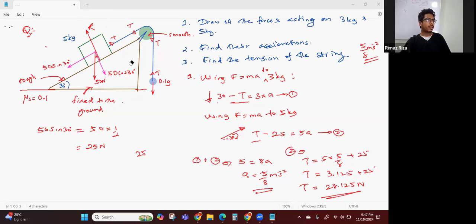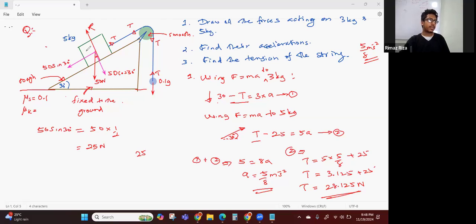The other things are okay. So only the change I did is that the plane is rough. I change the mass of this to 0.1 grams and this is 5 kilogram and mu s is 0.1. Mu k is equal to,